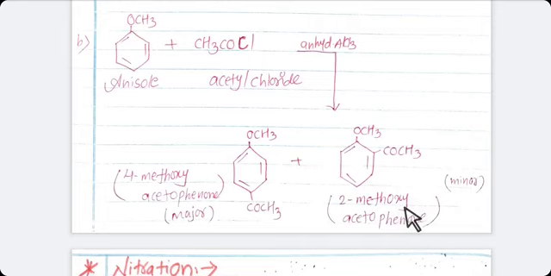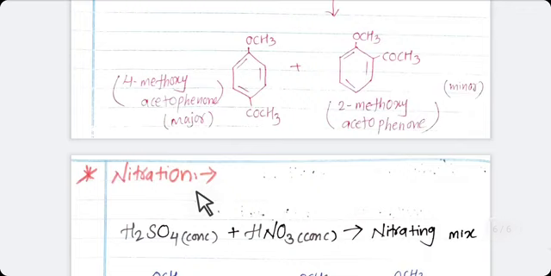The next reaction is nitration of ether. As you know, we are using anisole here. Anisole reacts with concentrated nitric acid in presence of concentrated sulfuric acid. Student, concentrated sulfuric acid and concentrated nitric acid combined together form a nitrating mixture. So whenever anisole reacts with the nitrating mixture, meaning concentrated nitric acid in presence of concentrated sulfuric acid, it gives a mixture of